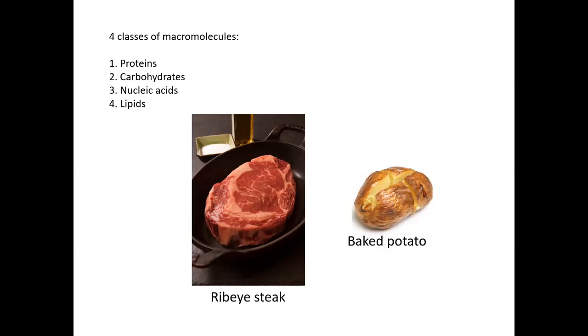So what we do in our diet is we start with the macromolecules, and by the process of digestion, we break them down into very simple units, which then get absorbed into our bloodstream. Then your body takes those and uses those to build macromolecules. Okay, so